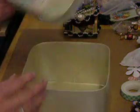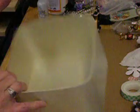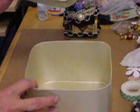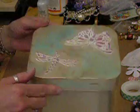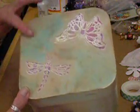I did the antiquing on all the sides, the top of the lid. I haven't done really anything to the bottom. I'm probably going to add some ribbon and flowers to the bottom because it does look kind of plain. Then after I did all this